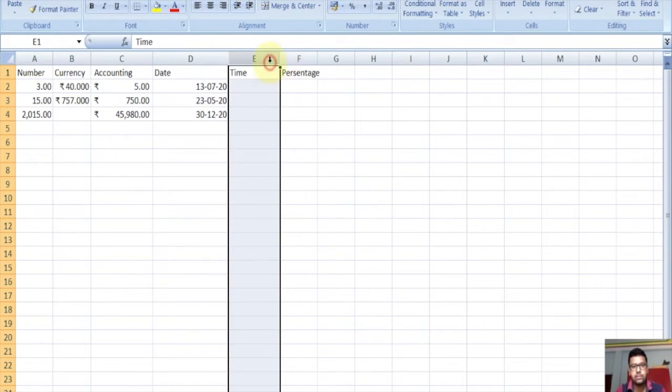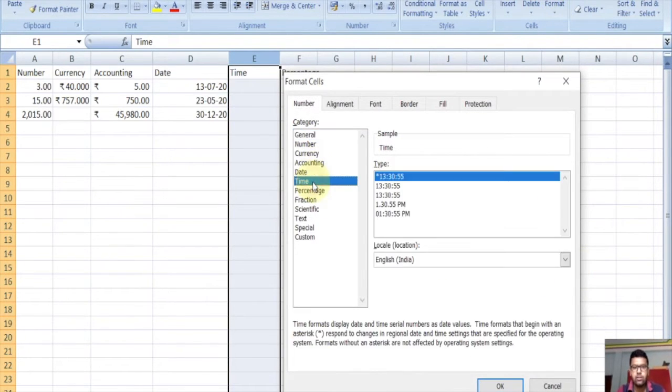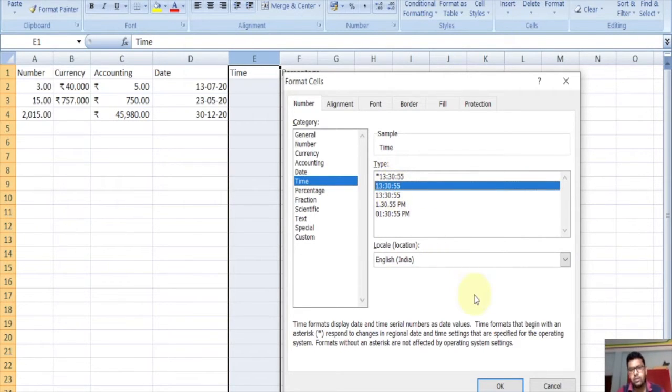we can select the column, format arrow, format cell, and click on time. We can give a time format of this type, and if we select this time format we have to use P or A after the time.